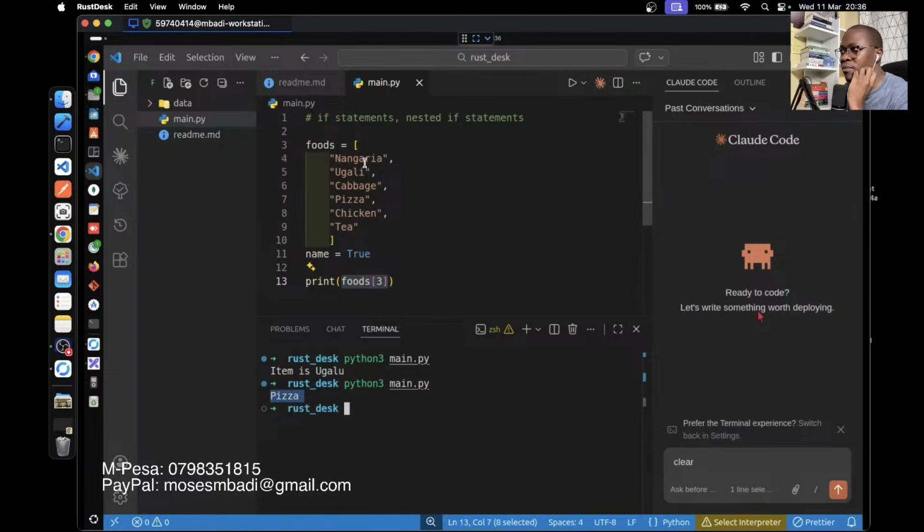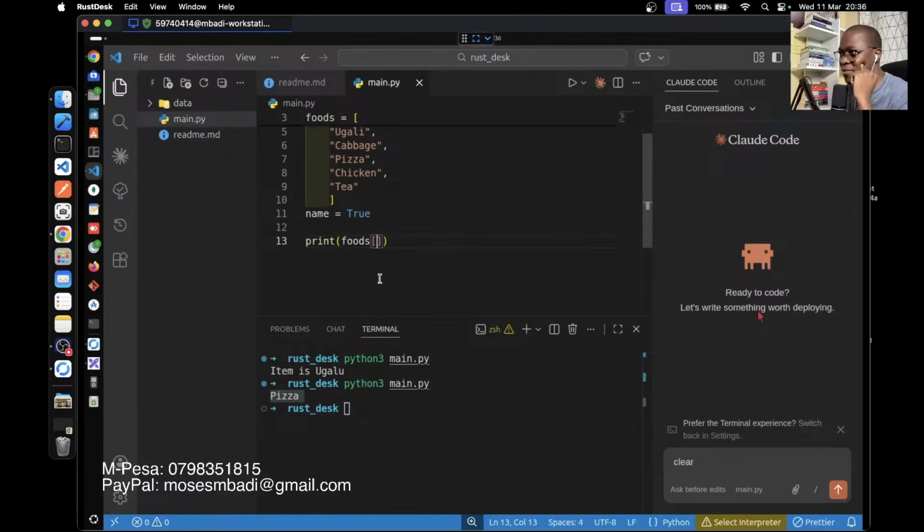Let's confirm: 0, 1, 2, 3. Do you now see where the 0 is coming in? Yeah, we count from 0. But what if we want to find out which item is at the very first index? What should we use? Should we use 1 or should we use 0? Here we use 0. So we'll say 0, and then we run our code, and as you can see, the item at index 0, which is the first index, is Nangaria. So this is how you access an index.